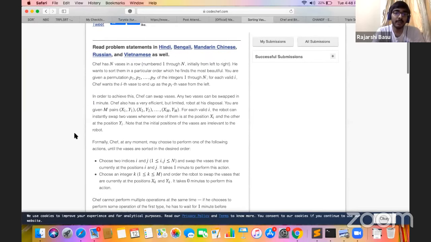So in this problem, it is given that you can do swaps in order to achieve something. You are given a permutation and you want to make it the identity permutation. What you can do is swap two vases in 1 minute, and then there are m pairs given. For those specific m pairs, you don't have to pay: even if you do a swap, you do not incur a cost. You can do those swaps freely. Okay, so